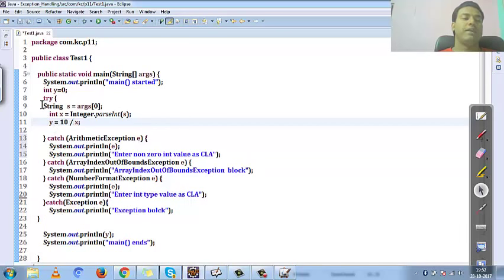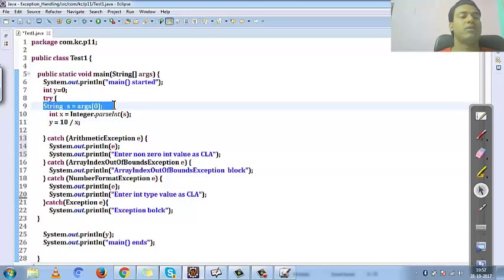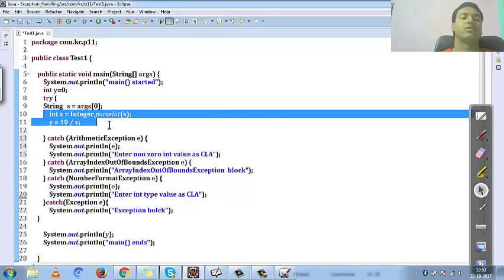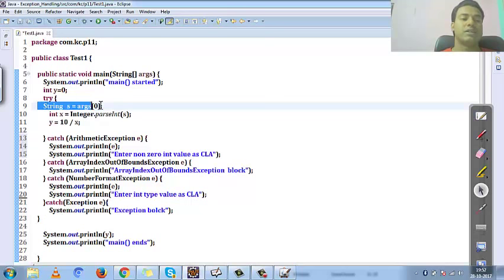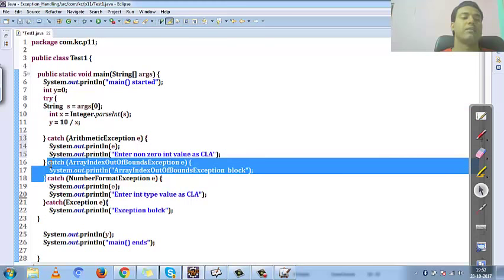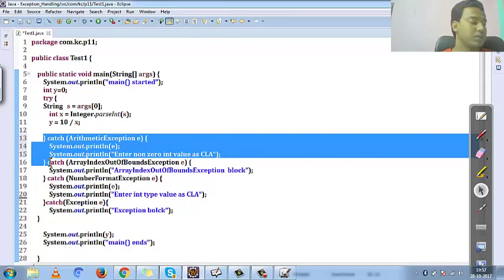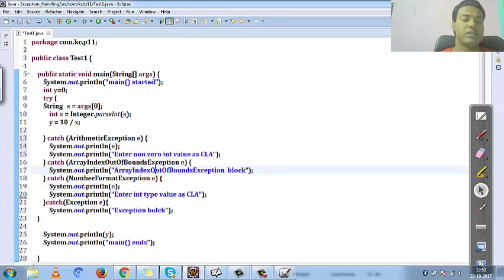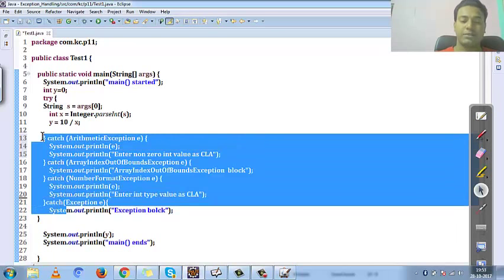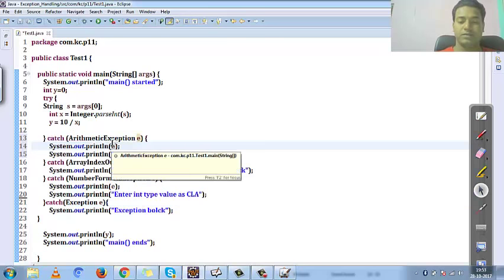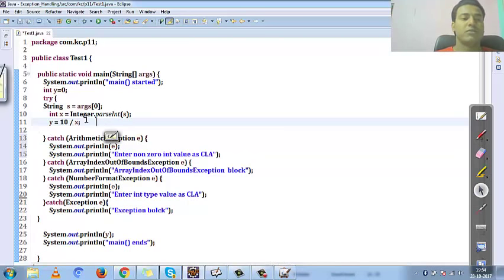One more important point you have to remember here is that if one statement of the try block gives an exception, then the remaining statements of the try block are not going to execute, and from that statement the control goes to the corresponding catch block, and the remaining catch blocks are not going to execute, right? So this is multiple catch blocks with different types. Next is